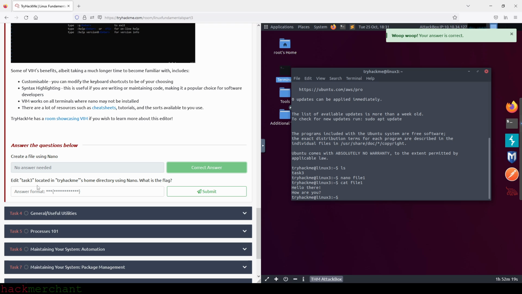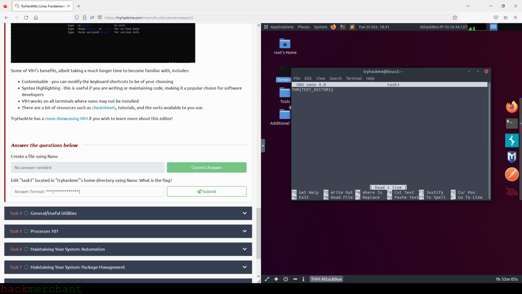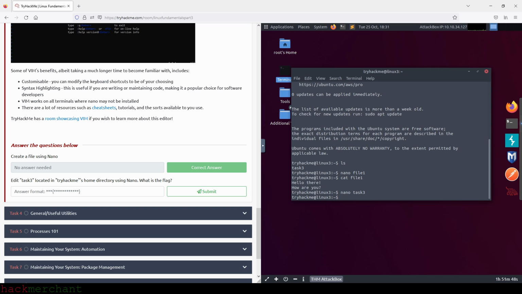Now edit task3 located in TryHackMe's home directory using Nano. What is the flag? Okay, so what we need to do here is type in nano and then task3, and we press enter. And here is our flag, but let's also edit the file. So let's write learn Linux like this, and we save with Control S and then Control X to exit. There you go. And again, let's use the cat command